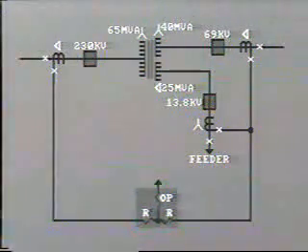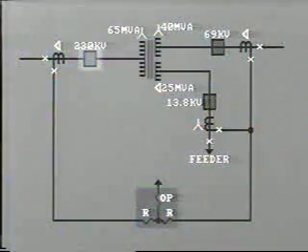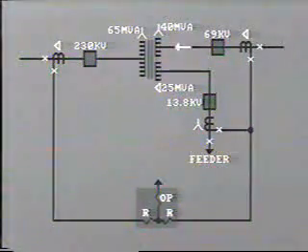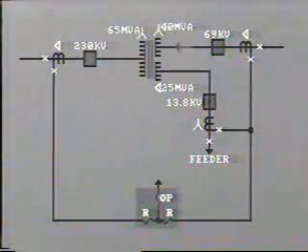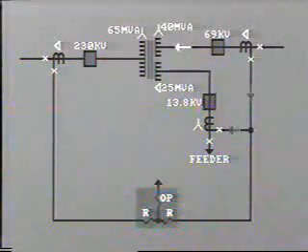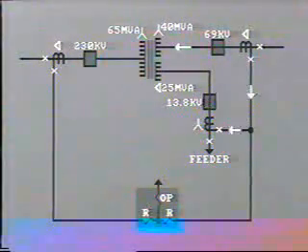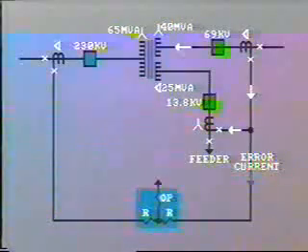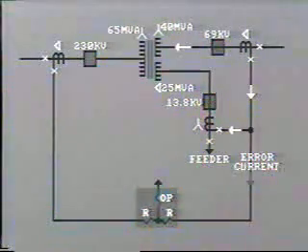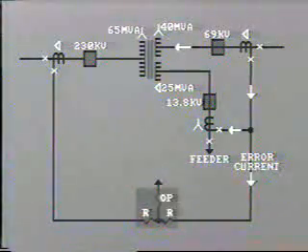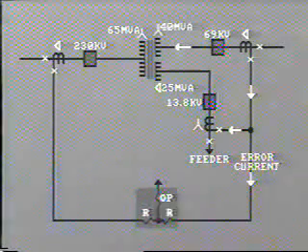But supposing we had to operate this transformer with the high voltage primary breaker open. In other words, the power supply into the transformer would now be from this 69 kV side to feed the outgoing 13.8 kV. If the secondary currents were perfectly balanced, there would be no problem. But as we know, there is always some error current, and this would pass through one restraint coil and then